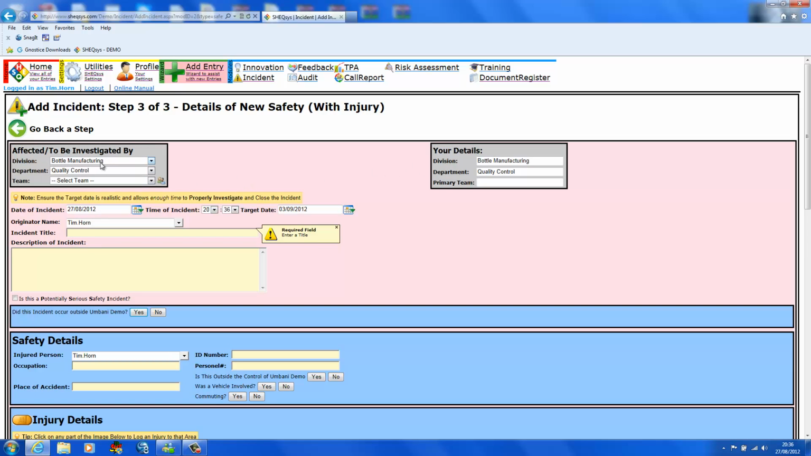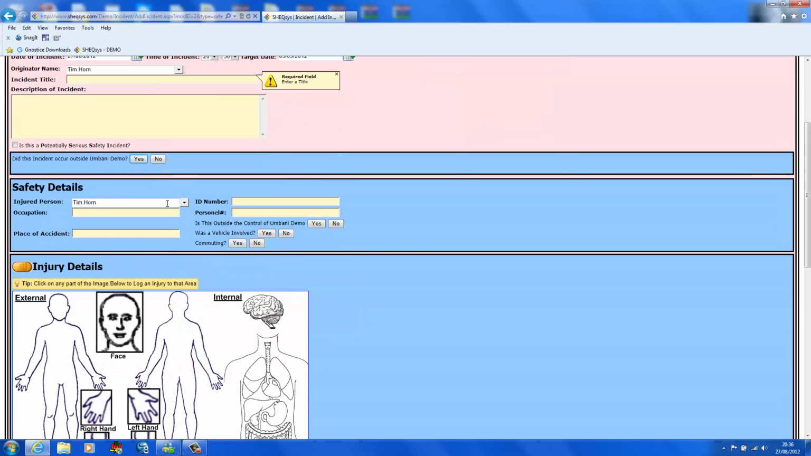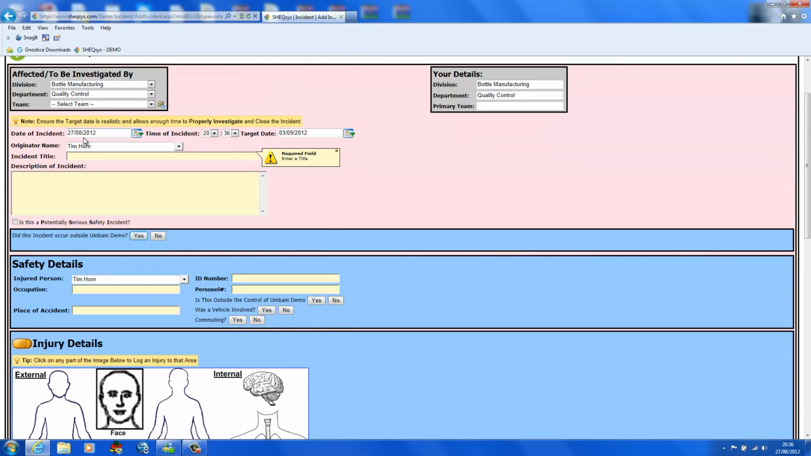The area to be investigated defaults to your area, but you can change it to whatever you want, and this determines who is going to be the initial nominated person for the incident. You fill out the date of the incident. You can change this date to whatever you want, but you must remember that the system will record who actually entered this incident and the actual entered date and time, irrespective of what you put here. The target date will default to 7 days from today's date. This is a setting which can be changed, and you can also change the date here on the fly